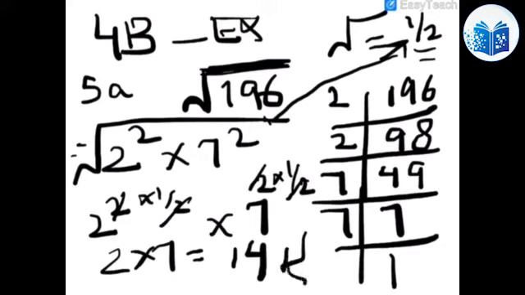Okay, keep watching the video and you will understand if you did not understand it, because I know I was a little quick. But if you check out that video of prime numbers and composite numbers, you will understand what is prime factorization. This is actually the prime factorization. I think prime factorization was in the chapter of sets, chapter number 1. Anyway, now moving on to question number 5B, which is 125